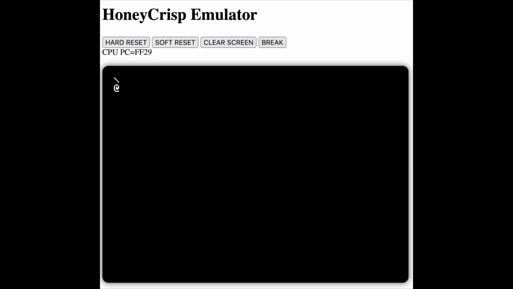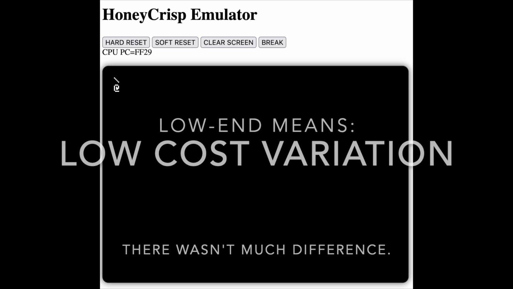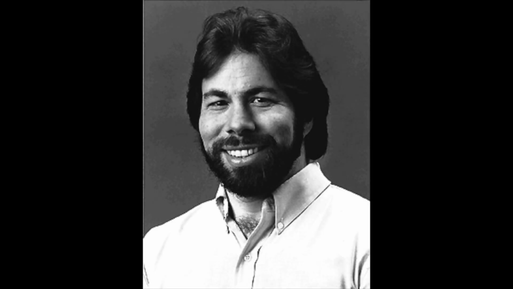In this latest version of HoneyCrisp, though, I've been able to fix that by supplying what is retroactively referred to as the lower end of the 2513 character ROM generator. This is what was historically used with the original Apple-1 hardware. Basically, the 2513 had two different versions of itself, a higher-end version and a lower-end version. The higher-end version of the chip included lowercase glyphs, along with some extra symbols and characters that made it high cost, and in 1976, Steve Wozniak ended up using the lower-cost variation of the 2513 to reduce production costs for